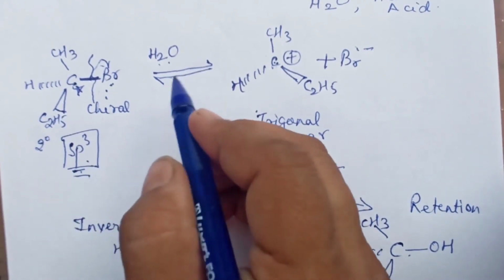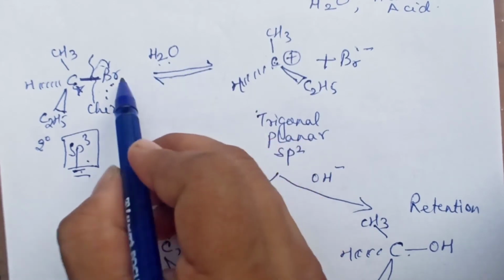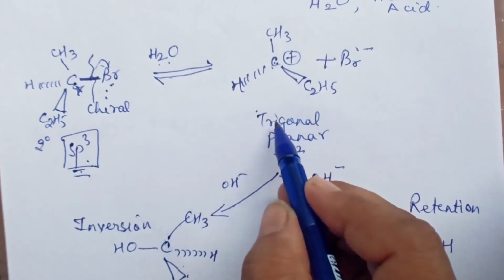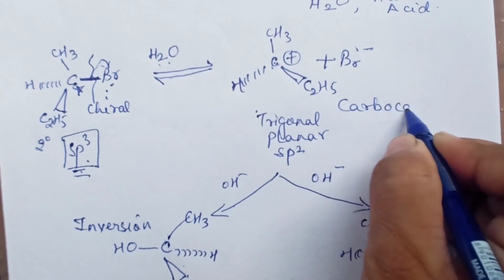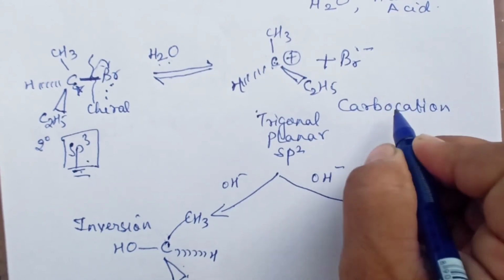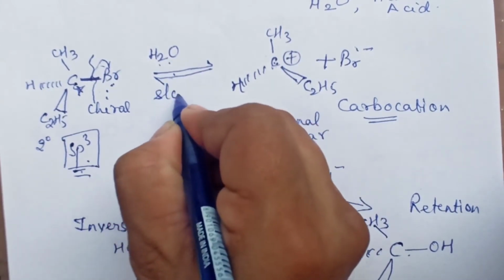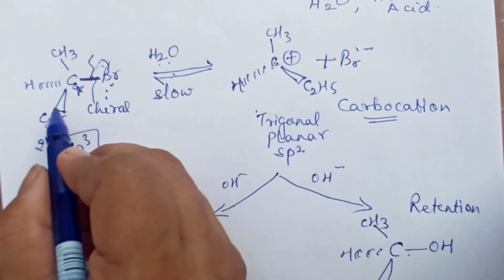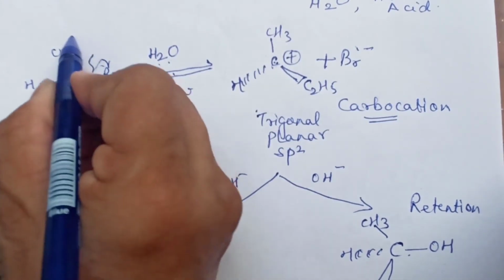Right? Now the first thing is, in the presence of water, which is a polar protic solvent, it will assist in breaking of this bond. It will form this trigonal planar carbocation. This is, children, the carbocation, the intermediate obtained. This is the first step, and this is the slow step. In the slow step, there is only one concentration term. So we also say that the rate of the reaction will be dependent only on this.